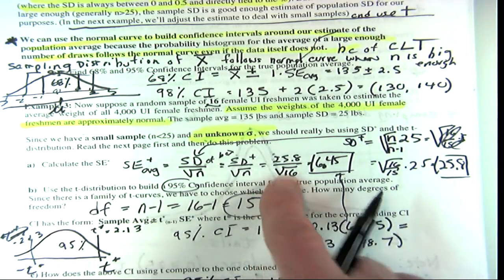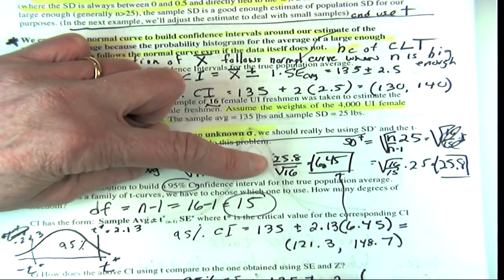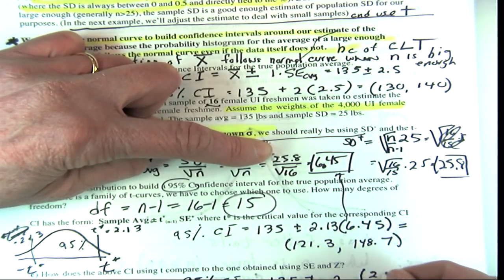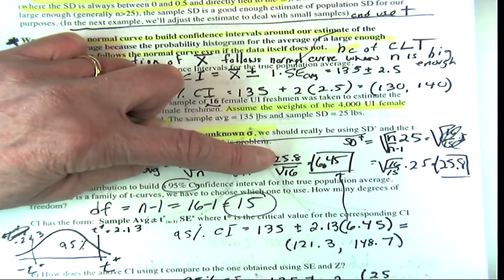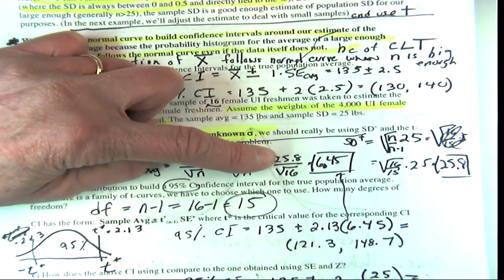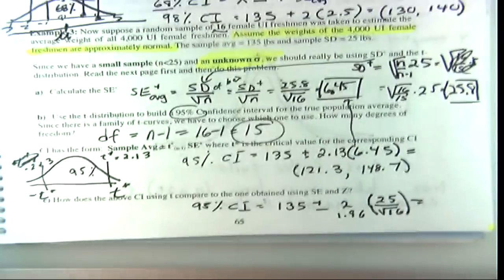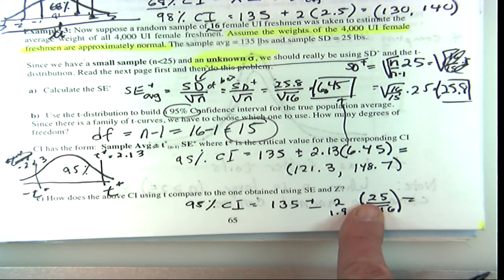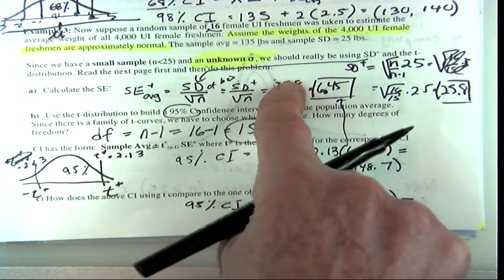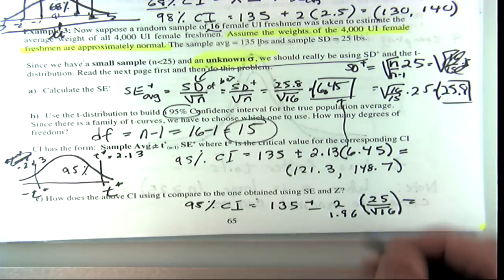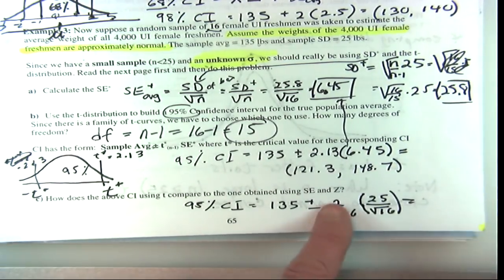Instead of 25.8, you're going to have 25, because we're just going to use the SD over the square root of 16. And when I did that, using the 2,